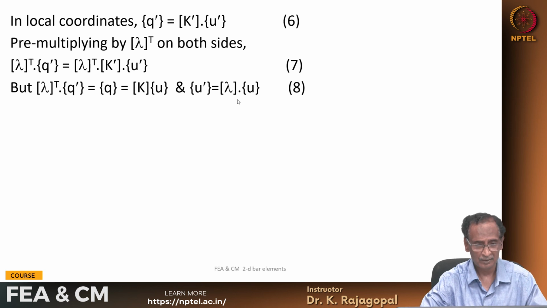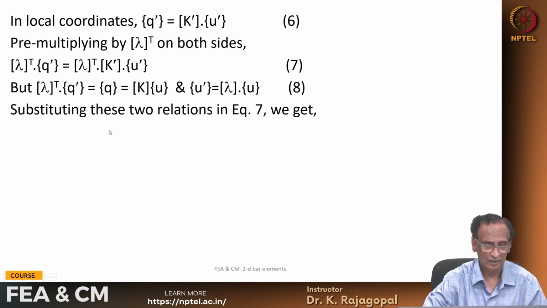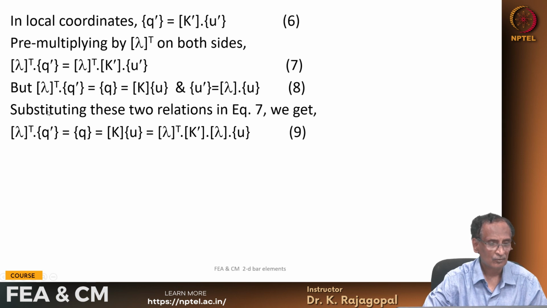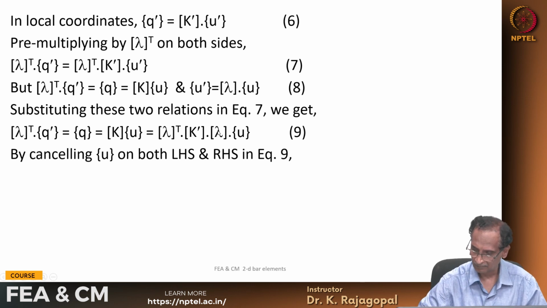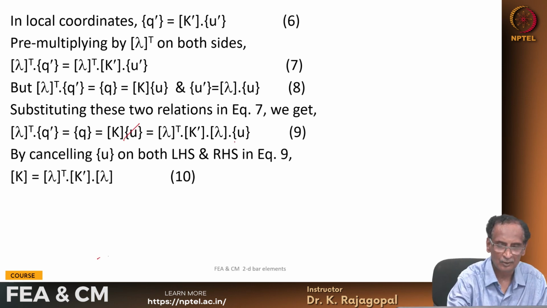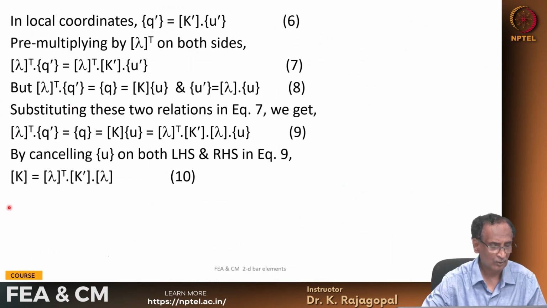These are the transformations that we derived earlier, and by substituting these relations we get that lambda transpose times q prime is q, that is k times u, that is lambda transpose k prime lambda u. By cancelling the u on both sides, we end up with k equal to lambda transpose k prime times lambda. The stiffness matrix in the global coordinates k is lambda transpose k prime times lambda,